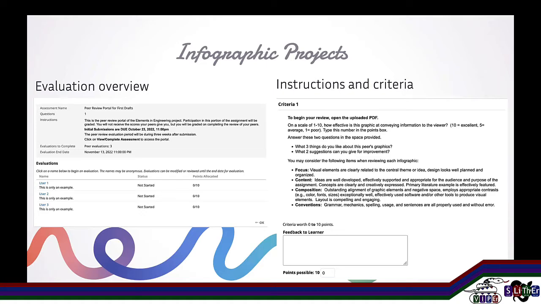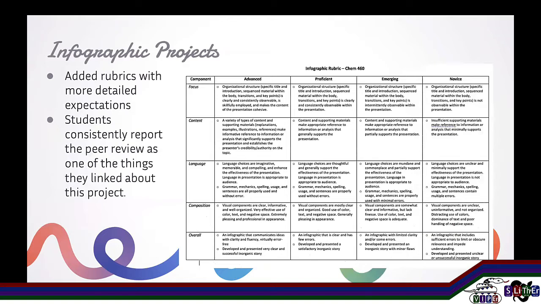What I've gotten to now is that I have actually provided a more detailed rubric with expectations about these different components. And the students get this rubric in advance, and then they're asked to actually evaluate each other using the rubric. And this portion of the assignment happens in the middle of the semester, which having it at this point in the semester forces them to not wait to actually do the assignment as opposed to waiting until the end of the semester. So having a first draft has been super helpful.